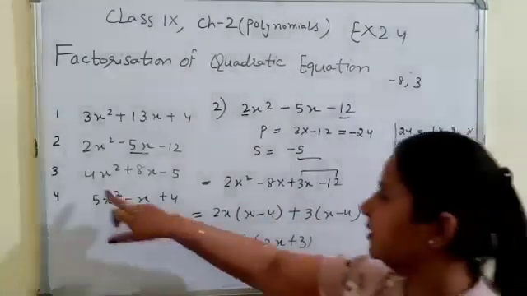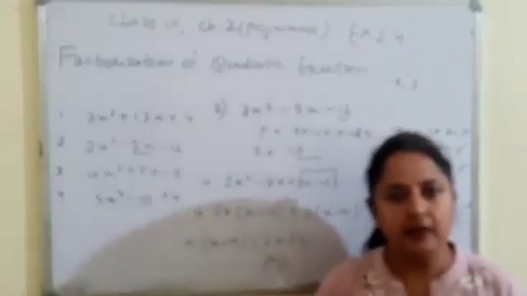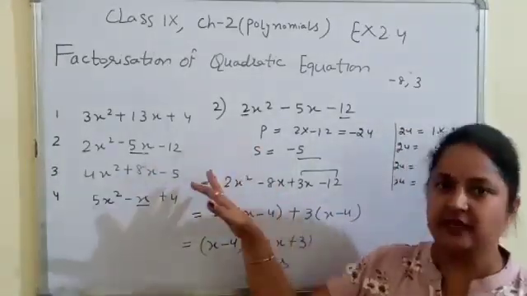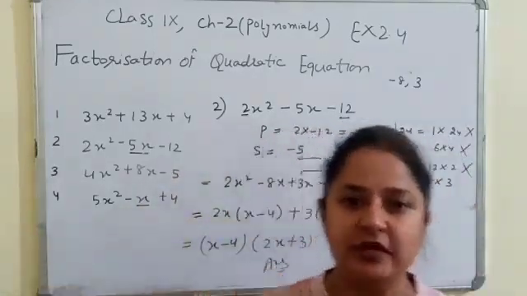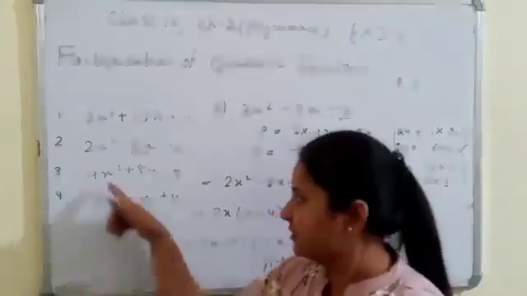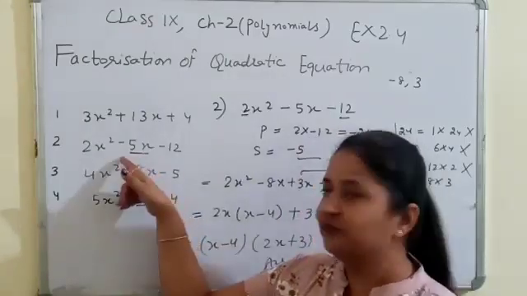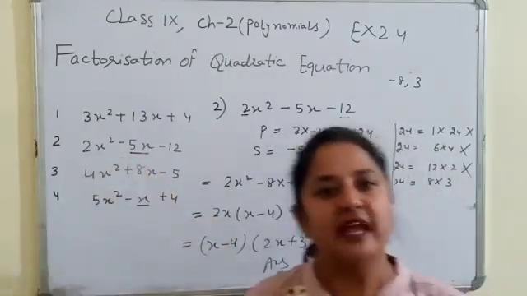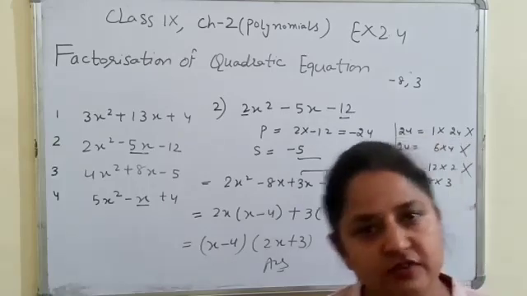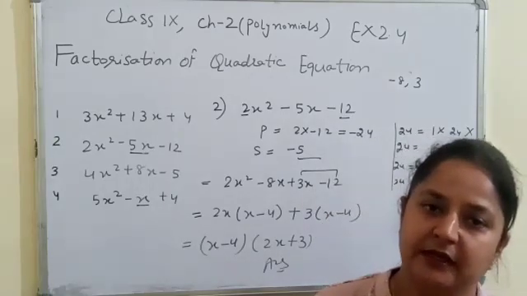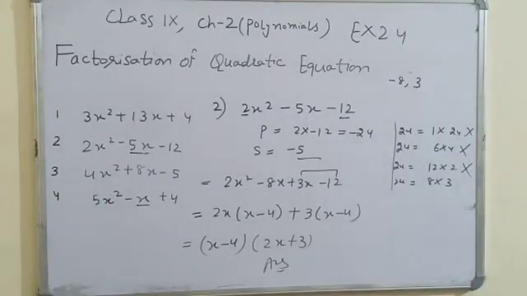In the third question, you can see here our middle term is positive, product is negative, but middle term is positive. By following the rule which we applied in the second question, we have to make one change only. When we are making the factors of the first and last number, we have to take the greater value with positive sign. In the second one, when we needed the middle term in the negative form, we took the greater value as negative, and when we need the sum to be positive, it means between two numbers, the greater number should be positive. So let's solve the third question.